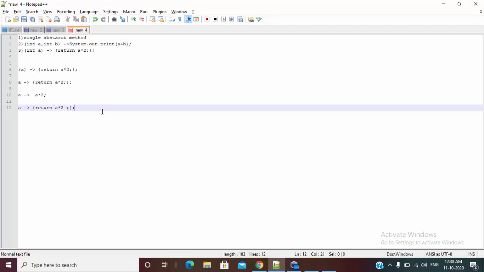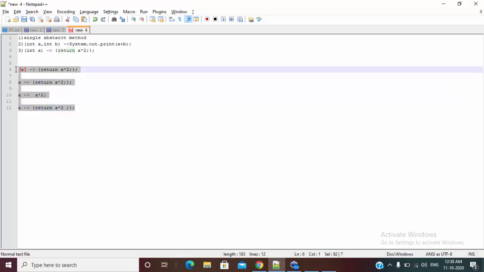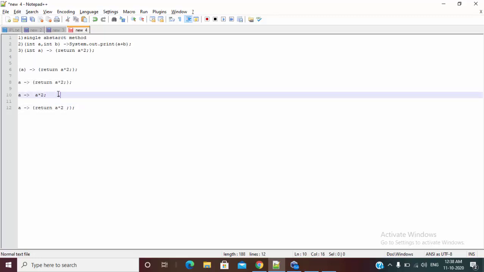So remember, if you remove the parenthesis, then return must be removed, and if you want these parentheses, then return is required. So these are the 4 typical scenarios for a single argument. Mostly we use it this way. This is the right one, or we can say the best way. Okay, so these are some of the scenarios for writing a lambda expression.